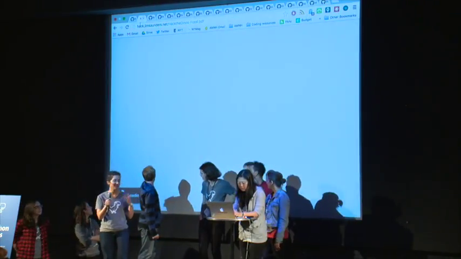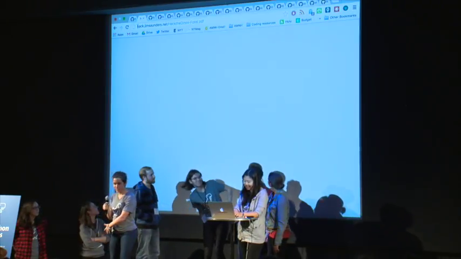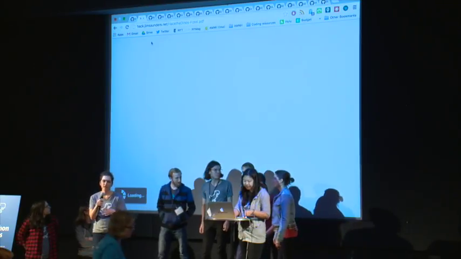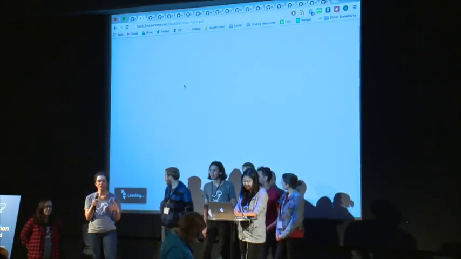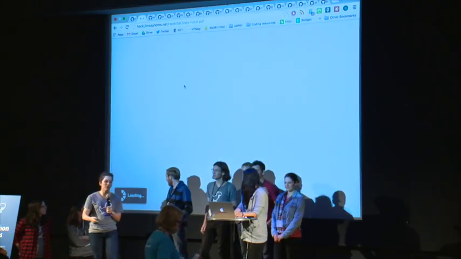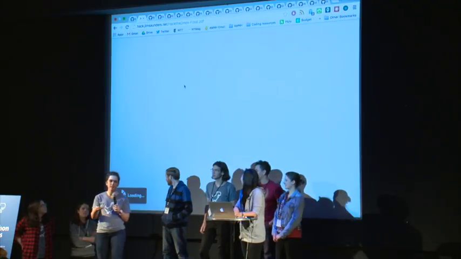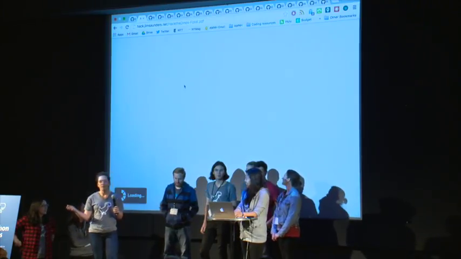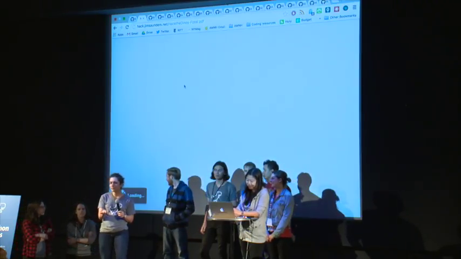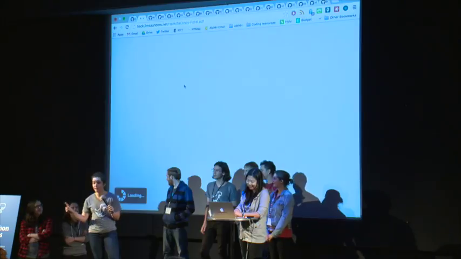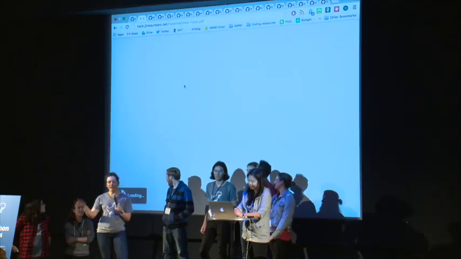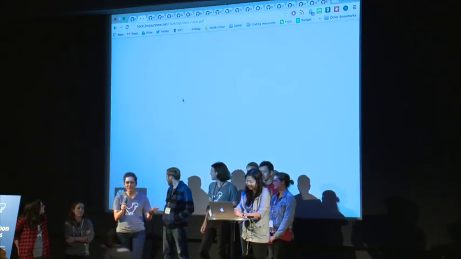So we also attempted to solve the problem that the last team did. We approached it in a slightly different way. We wanted to combine the experience of being able to submit your fossils to poor Carl with a learning experience where the people who are interested in fossils, interested in what's being found around, being able to look and see what's been submitted, swipe through it, and see if they agree that it's a fossil. They're like, whoa, Carl, maybe you're wrong. I think this is a fossil, right? So you can vote, you can see what Carl said, you can have your input about the important scientific discoveries